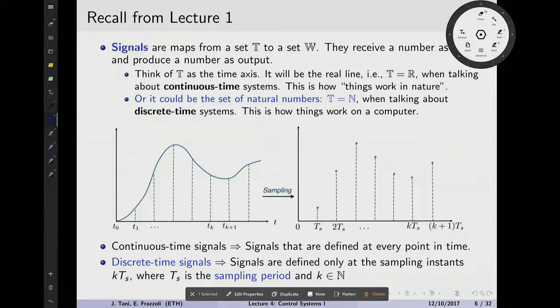So while pretty much everything that we say in continuous time is still valid for discrete time, details change. And it's important to keep these details in mind, at least know about their existence, so that once you are there, you can actually go and check things appropriately. So what's the biggest difference between continuous and discrete time? In continuous time, you've got signals that are defined at every point in time. It's a dense set, right? In discrete time, there's nothing in between.